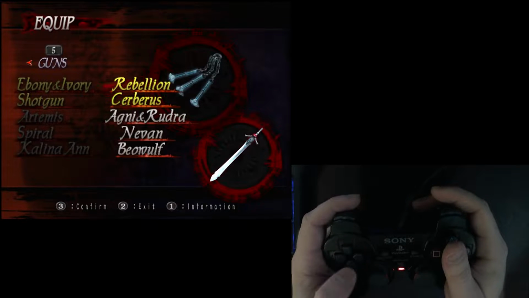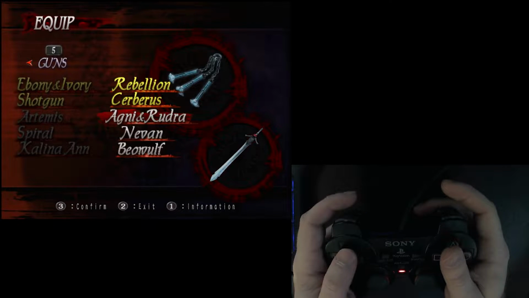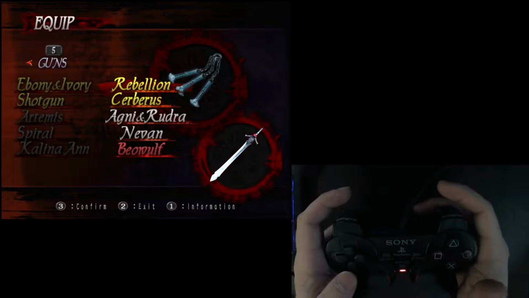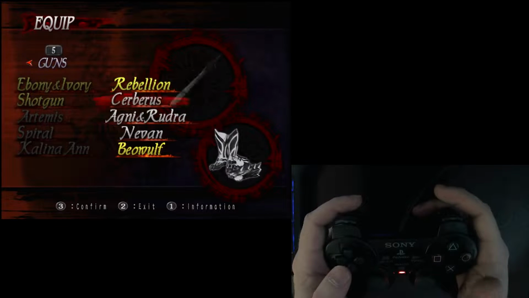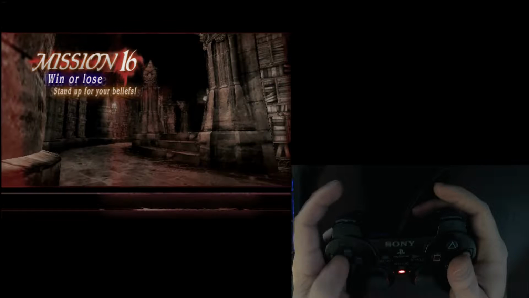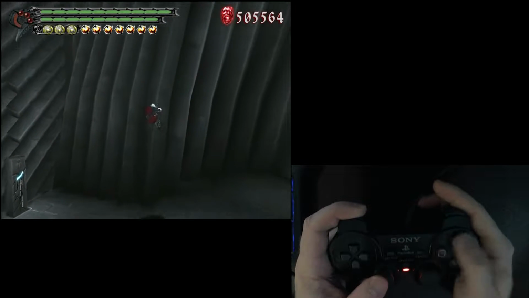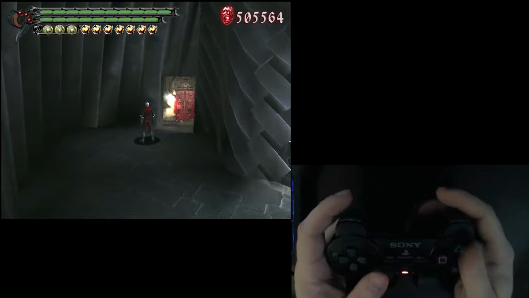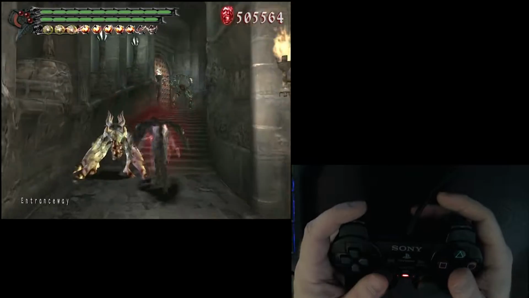Let's see, what do we want to use? We're doing Swordmaster, so we need Beowulf for an intro, absolutely. And let's go with Rebellion. Why not? So here we go. I covered controller configs in the last one, so because that's more advanced stuff, I'm not going to really talk too much about it. So again, I'm going to the Skull Chamber,